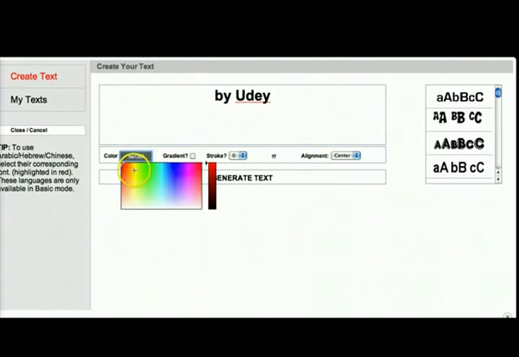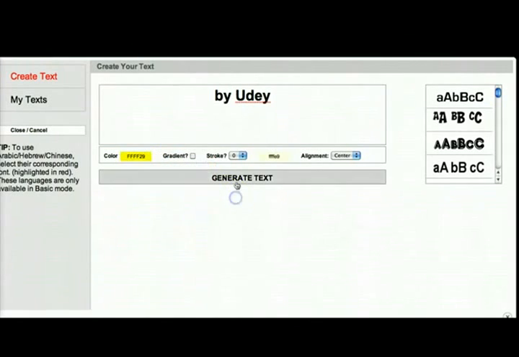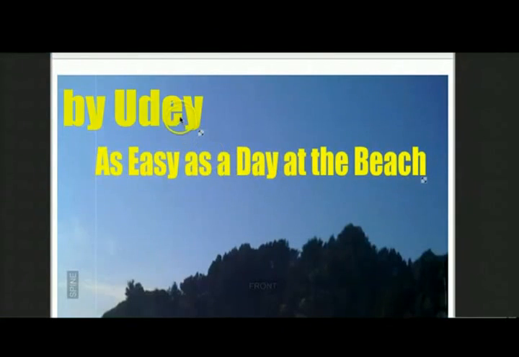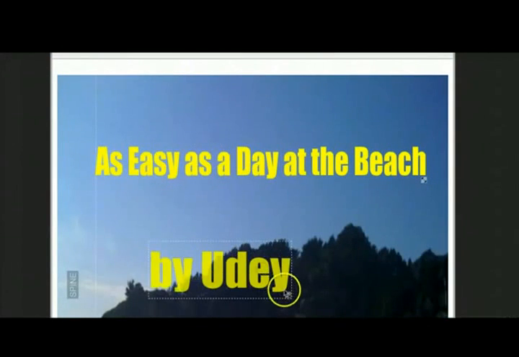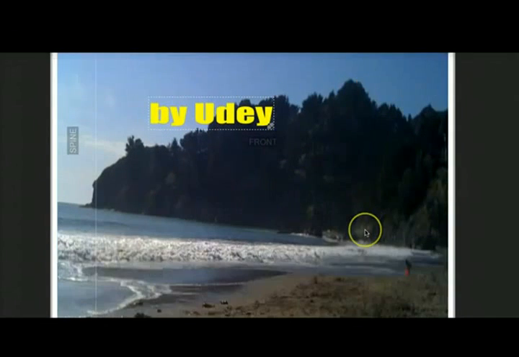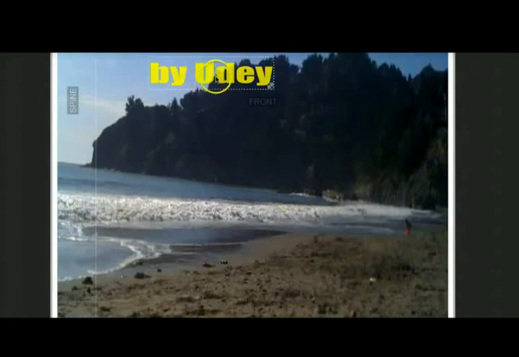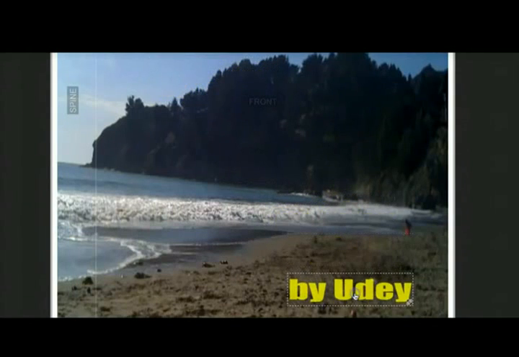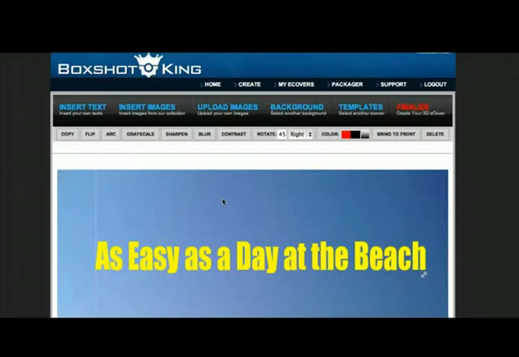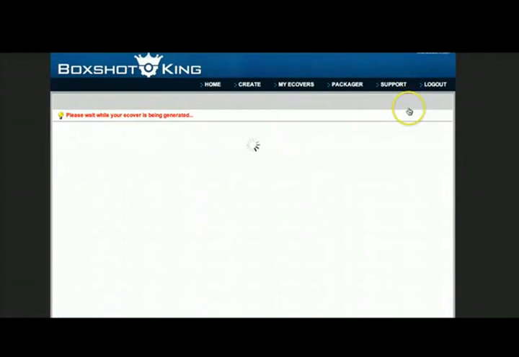Do the same thing here. Drag that down to the corner. Voila. Click the finalize button and it's doing the exact same thing. And I just did that real quickly to show you that you can